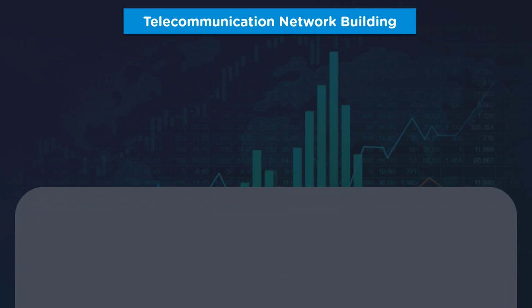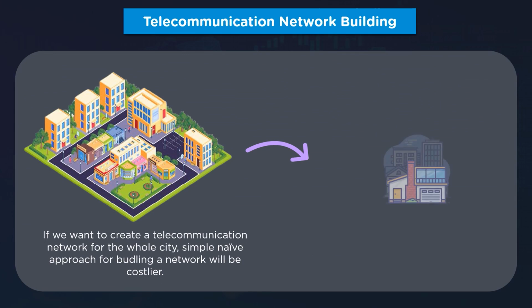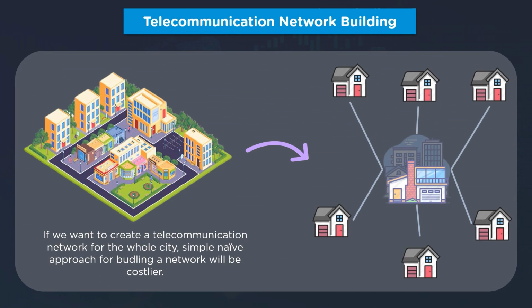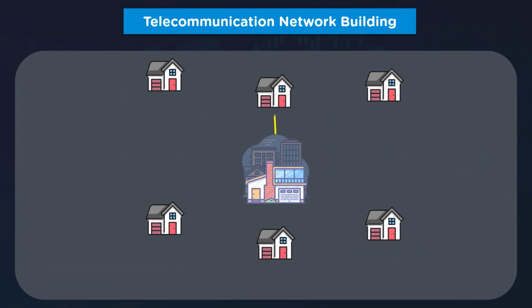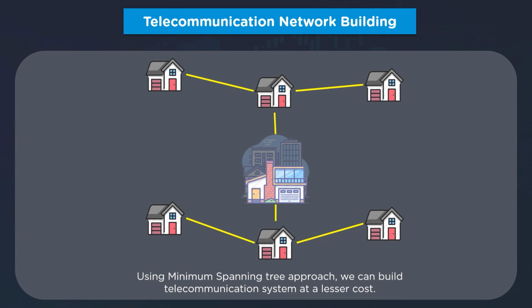The first application that we are going to talk about is telecommunication network building. If we want to build a telecommunication network for the whole city and we are putting different connection lines for each customer, then we will have to deal with a huge cost. This naive, ordinary approach is not the best solution to build a connection line. But no worries, this problem can be resolved using the minimum spanning tree data structure. In this case, each customer will be treated as a vertex, whereas the connection line will be treated as an edge. The minimum spanning tree will give us the possible output for generating the telecommunication network.